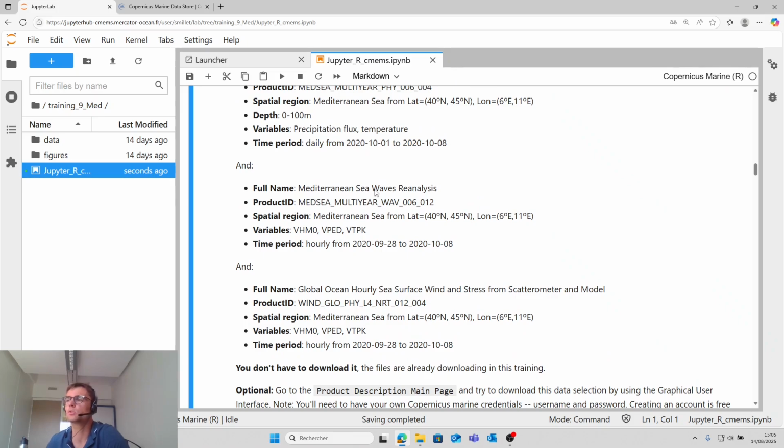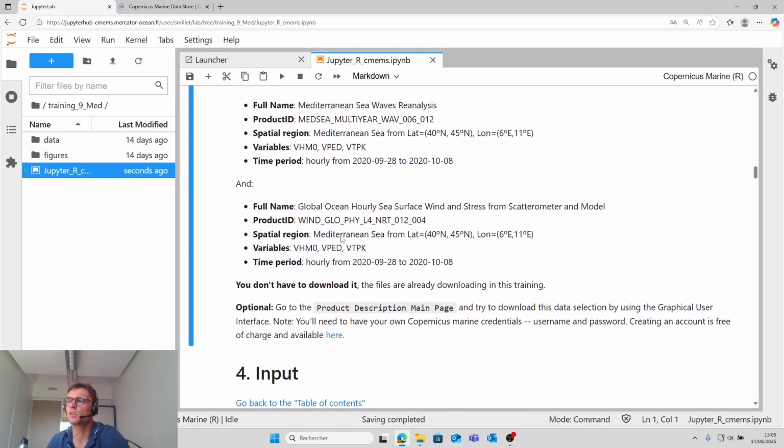We will use the sea wave reanalysis, with significant wave height, the direction and the period. And the third is the global ocean hourly sea surface wind and stress, for the Mediterranean Sea, and you have the product ID here.